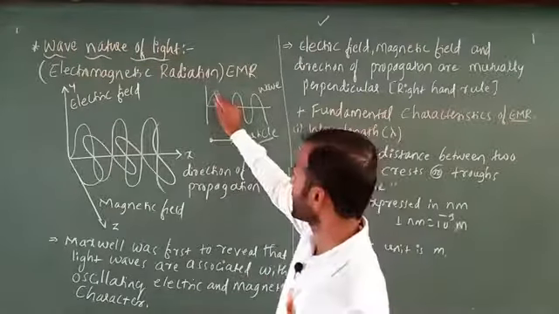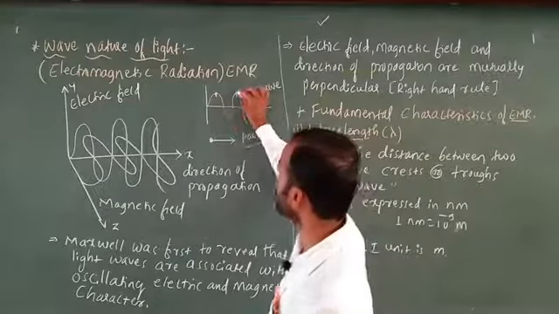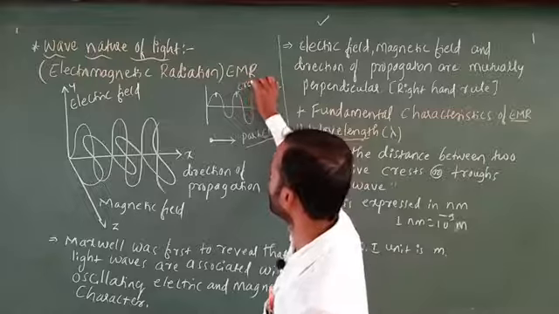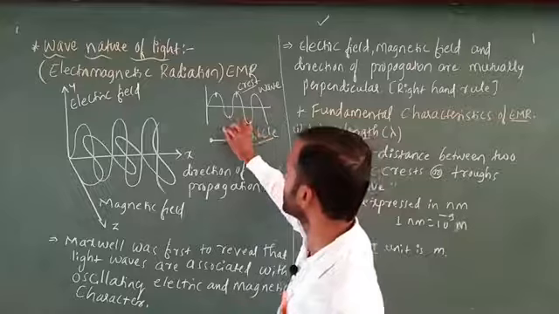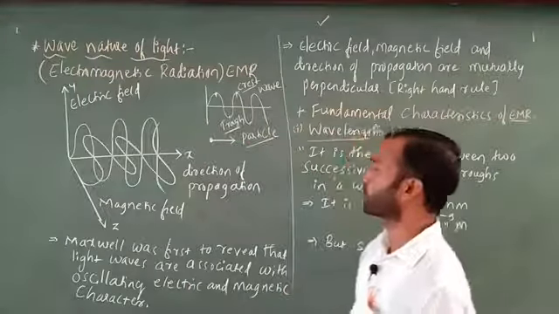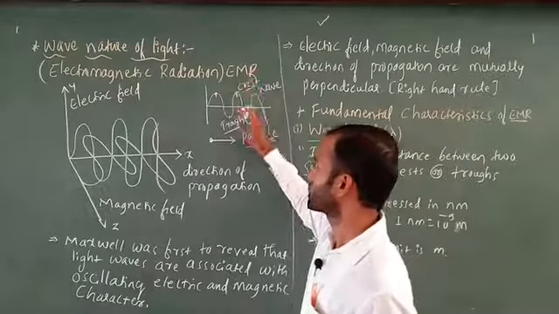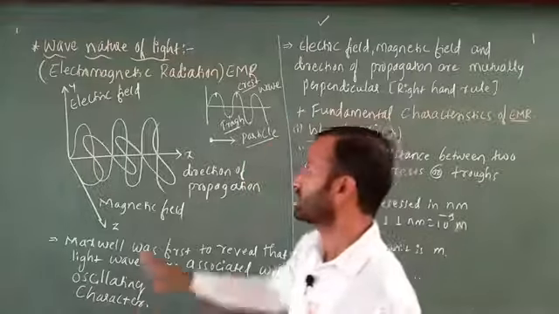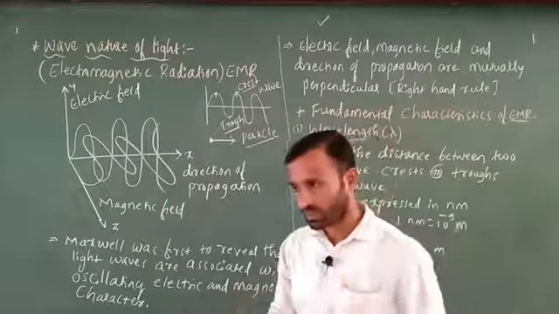See here, in the upper side these are called crests. The lower side indicates the trough, T-R-O-U-G-H, trough. This is one crest, and this is called a trough. In this case, they take a light and then apply